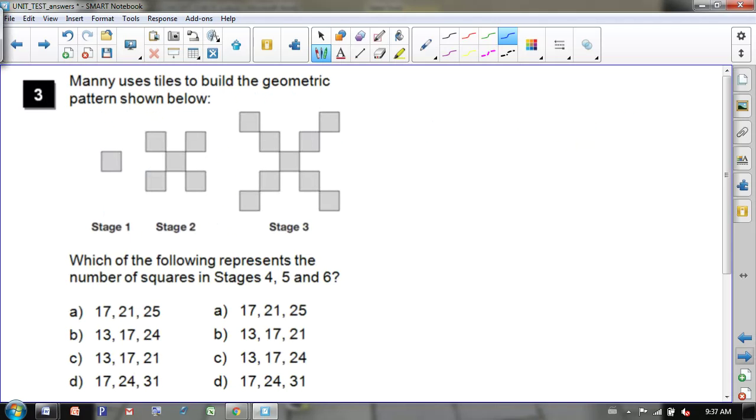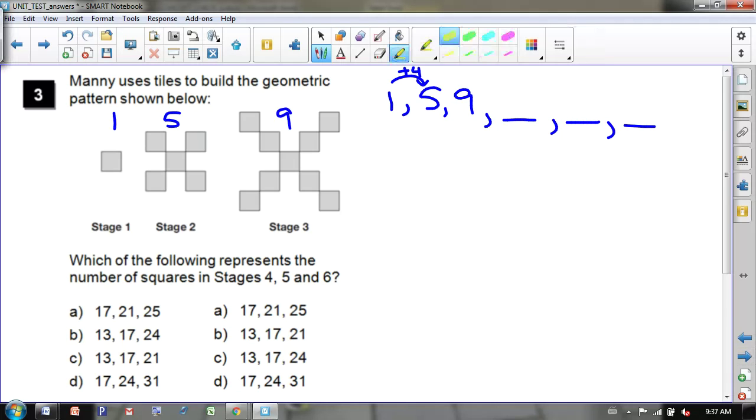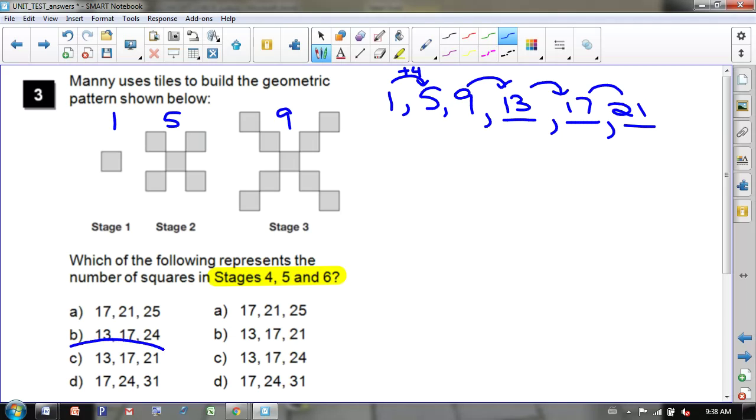In question 3, we're looking at a geometric pattern. In stage 1, there's 1 square, in stage 2, there's 5, and in stage 3, there's 9. So this sequence increases by 4 each time. It's looking for the 4th, 5th, and 6th stages, so we have to keep adding 4, and we get 13, 17, and 21, which in version A would be C,